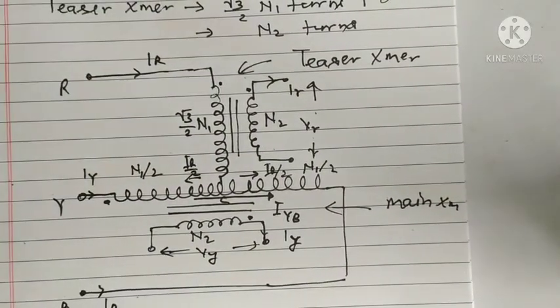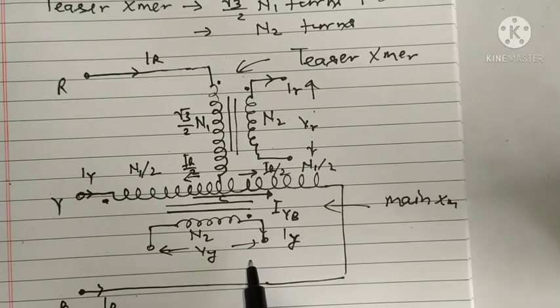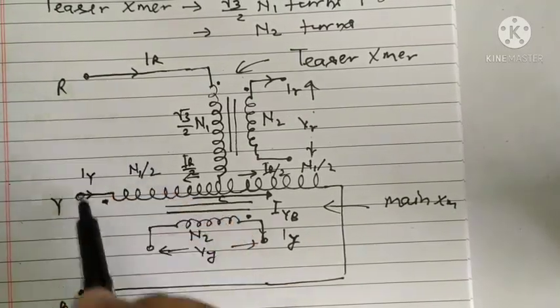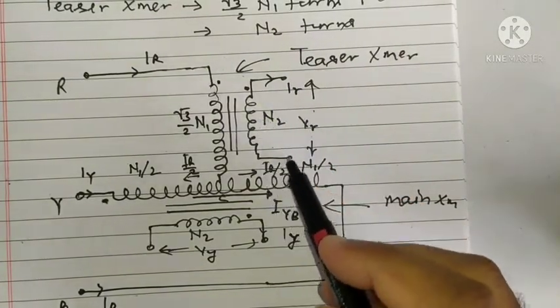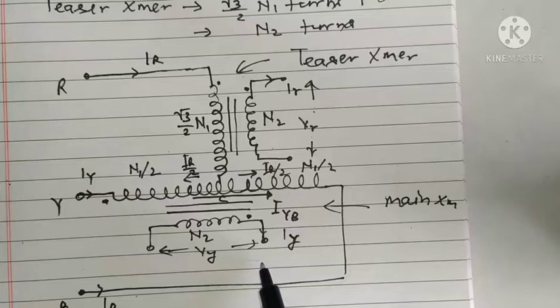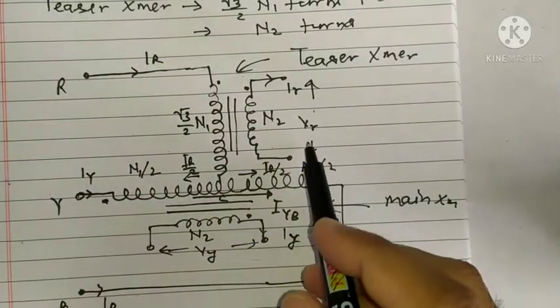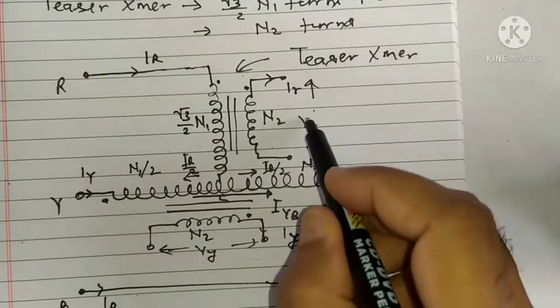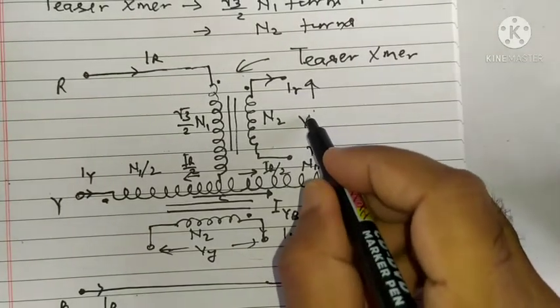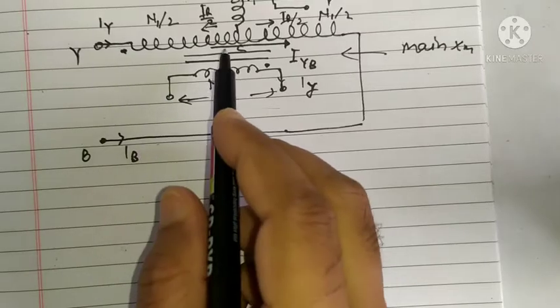So this is what the connection of 3-phase to 2-phase conversion. 3-phase supply is given here and 2 single-phase supply. See, here you will get single-phase supply. Here also you will get single-phase supply. So 2-phase supply will be available. We want to see what is voltage available and what is relation between these two voltages on secondary side of both transformers.